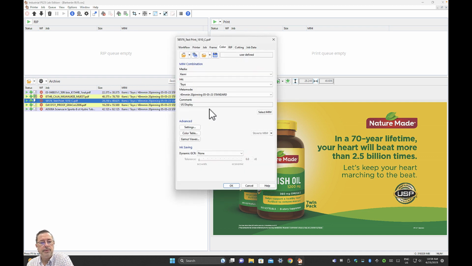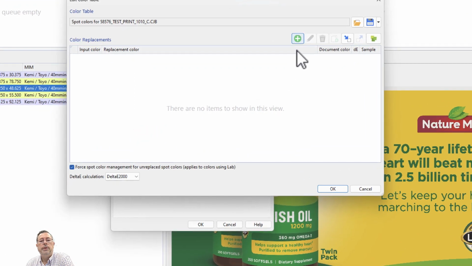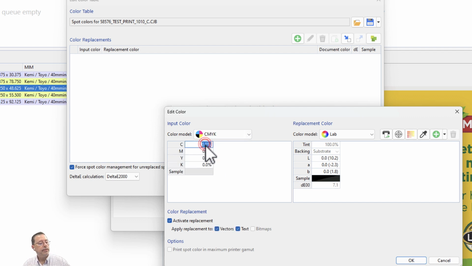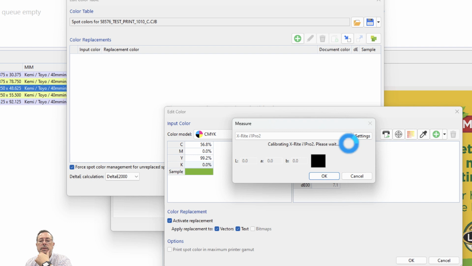Okay, once we know the CMYK color that is forming this, we can just add a replacement like this. We add a new entry and we specify the color to replace with one CMYK value, because we could be picking RGB numbers if we know the RGB value in the file, or grayscale numbers, or spot colors, or CMYK. I know that this CMYK is 56.80.99.20, and I want to replace this color with an LAB,